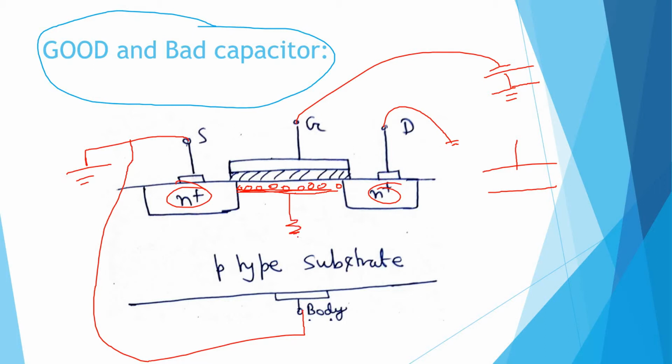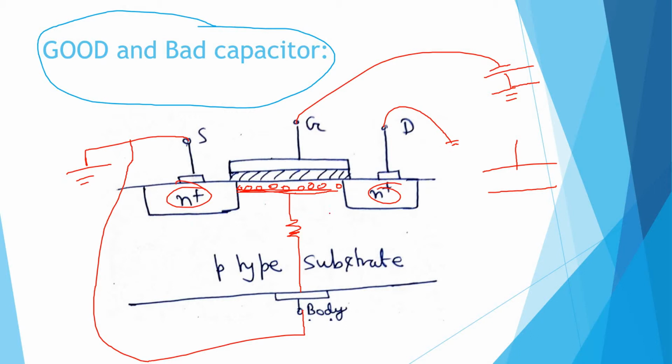So see, there is only one way. There will be a huge resistance, which is a parasitic resistance, formed inbuilt. You cannot change it, I cannot change it. But by changing the doping concentration or such factors you may change it. But obviously there will be a resistance, right? Because here a huge concentration of holes is there, and these holes, which you can consider as the positive plate of the capacitor formed between gate and body, are connected with the body or source, whatever you consider, through a resistor, and the resistor is inbuilt, so it is also called a parasitic resistor.